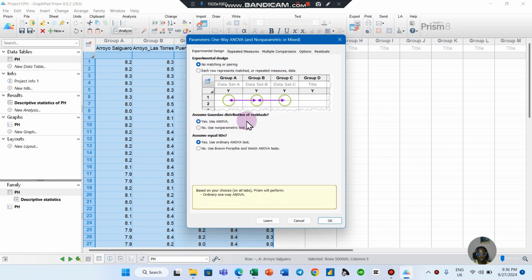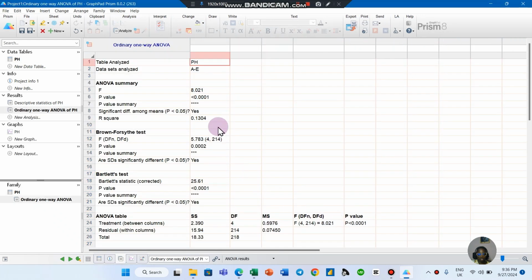So we want to use ANOVA, not non-parametric tests, and I think we are good to click on OK now. And then we have our results. This is the p-value 0.0001, and then the summary is that it is significant, which is true, because the p-value is less than the significance level of